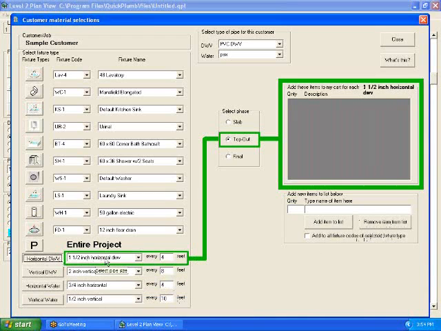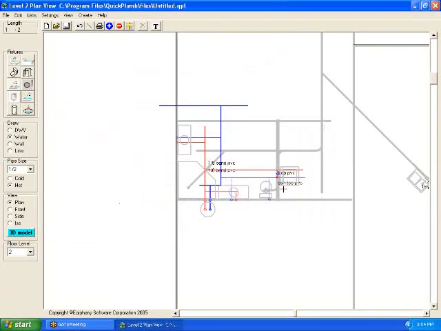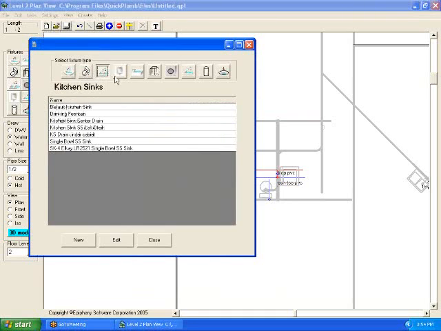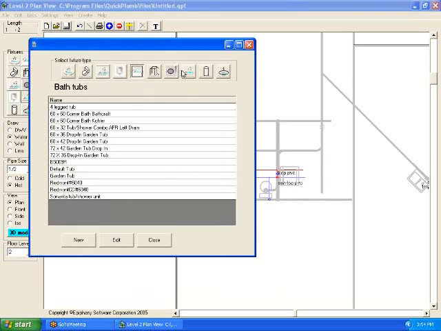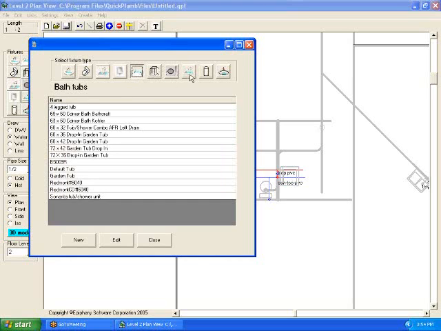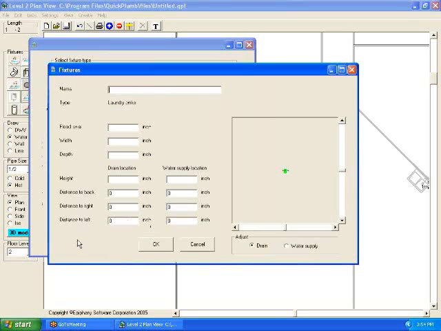Now, can you make a custom fixture? Like, let's say I want to use a mop sink, and I don't see that up there. Absolutely. You would go to List, Fixtures, and select what fixture type you want, whether it's a laboratory. For a mop sink, you might use a laundry sink. Where's that? Right there. Okay, just select New, and you can name it Mop Sink,